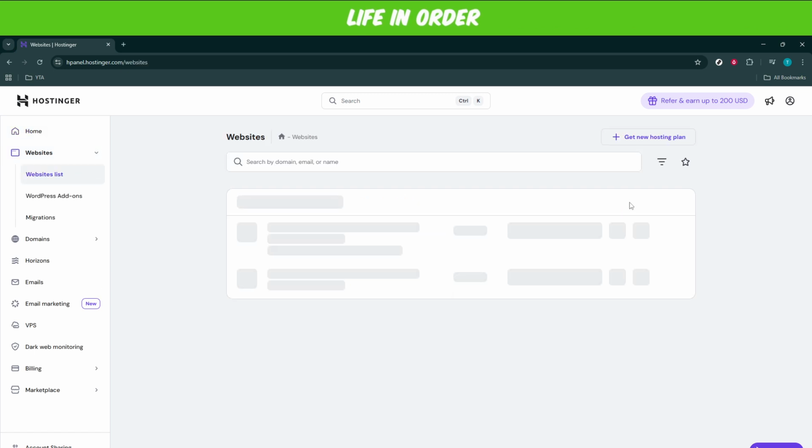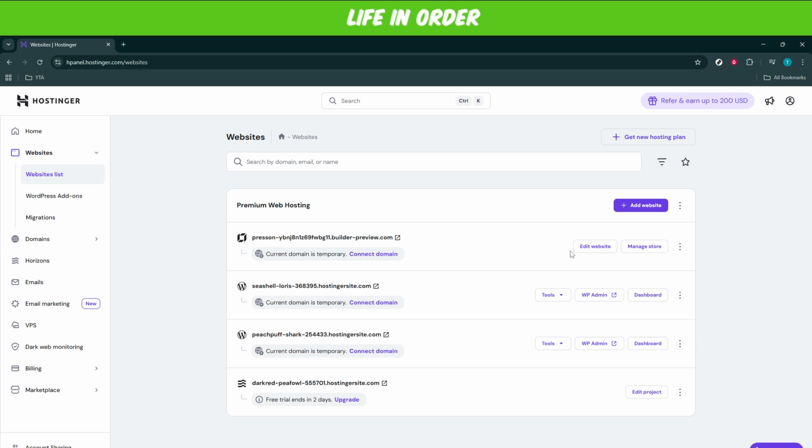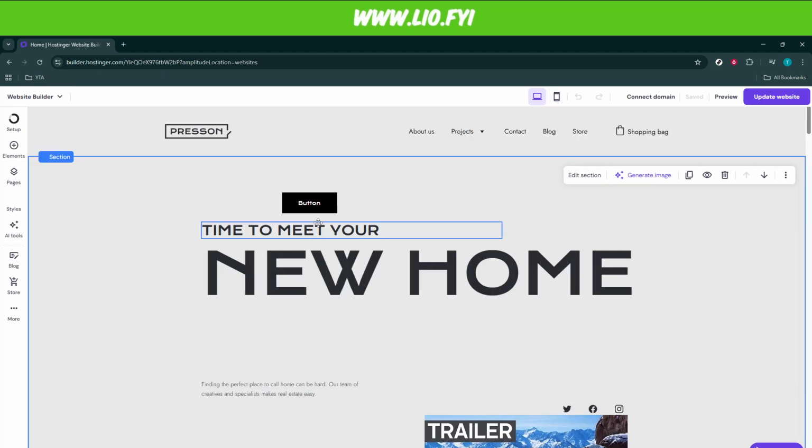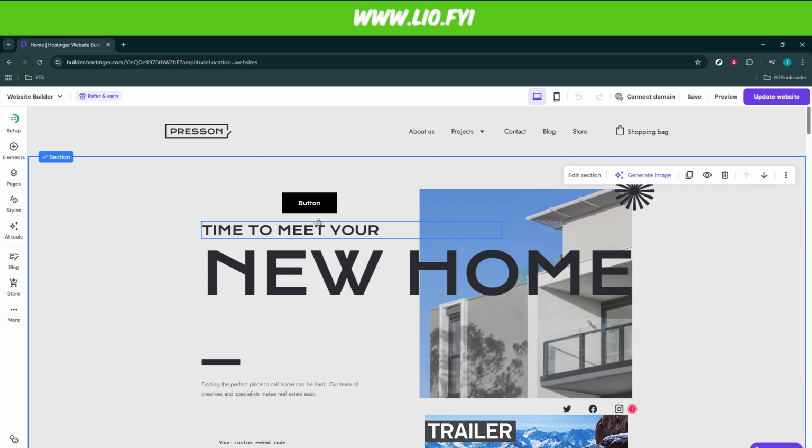Now that we're in the editing section, you'll want to focus on the left-hand panel. Here you'll notice several tabs. Start by clicking on the Elements tab. This section is all about the building blocks of your site. Elements are the individual pieces you can add to your pages, such as text blocks, images, and buttons, shaping your